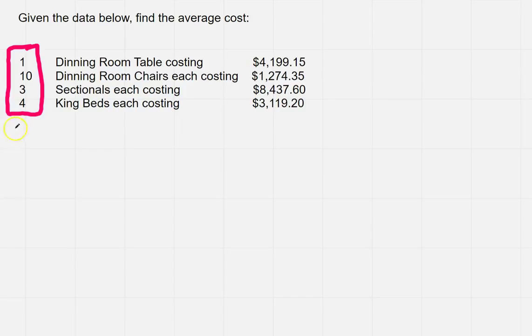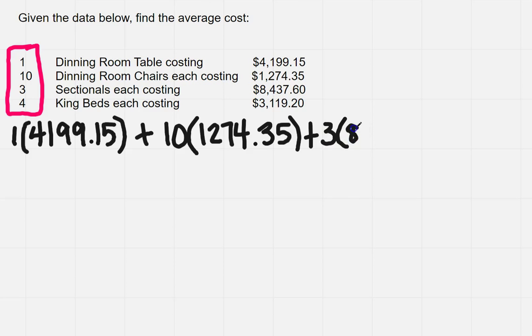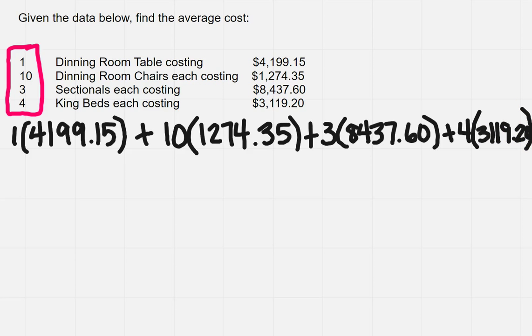So I have one dining room table and it cost $4,199.15. And then I have 10 chairs at $1,274.35. And then I have 3 sectionals for $8,437.60. And hopefully this will all fit. I've got 4 times 3,119.2, just barely. Now, if I want to find an average, I'm going to have to take this whole thing